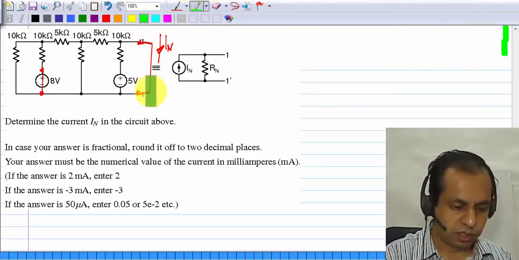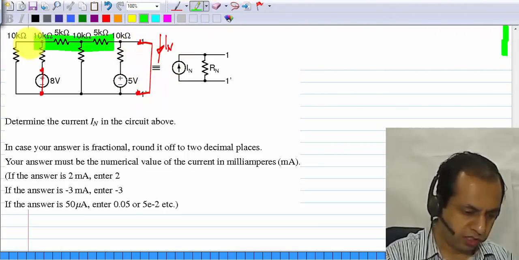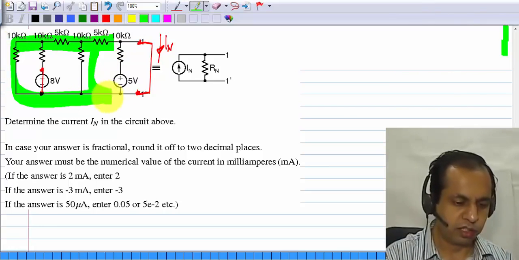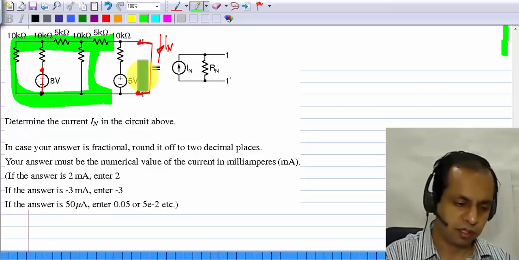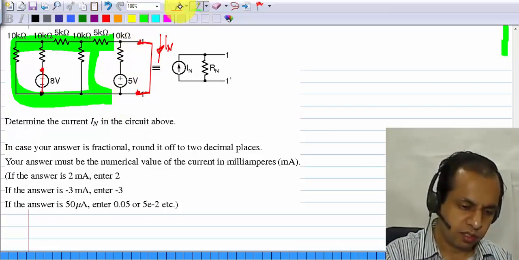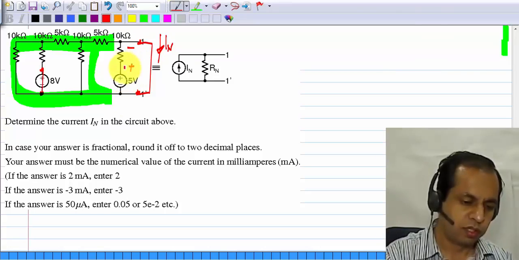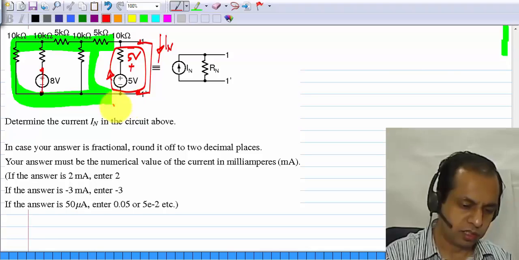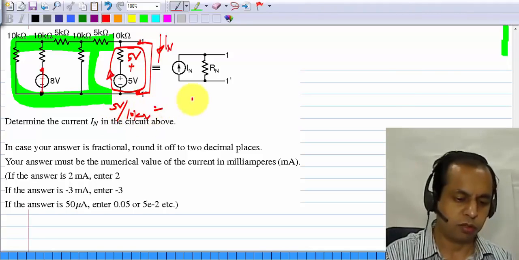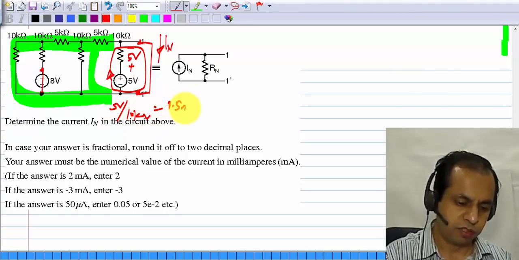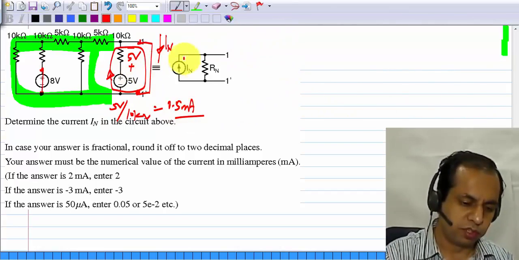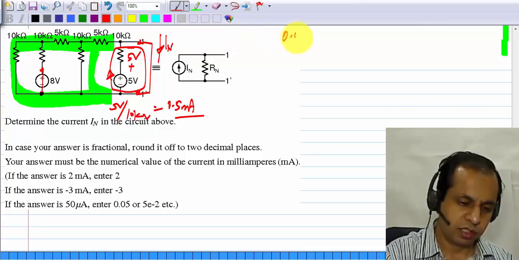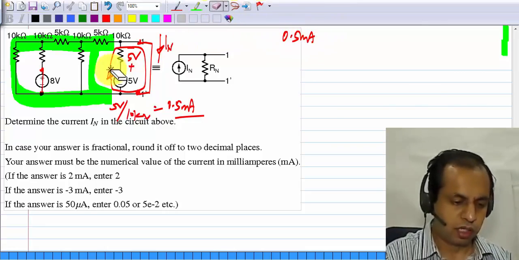see that there is a short circuit between these two. Now between this and this, through this part of the circuit, there will be some resistance, but no current will flow through that because it is paralleled by a short circuit. And how much is the short circuit current? You can see that the voltage across this 10 kilo ohm resistor is 5 volts. So the current here is 5 volts by 10 kilo ohm, which is half a milliampere. Okay. So the contribution of this 5 volt source to the Norton current is half a milliampere, and similarly you